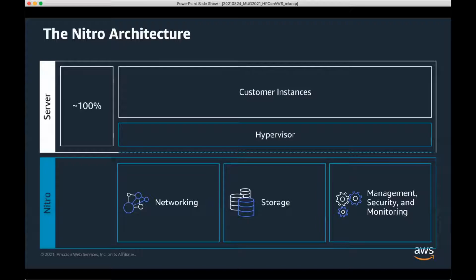To today, which we call our Nitro architecture, which is you effectively have about 100% of what the server is. If you're using a virtual machine at the fullest size, you kind of have a full machine underneath, there's just a very thin hypervisor there, which we call our Nitro hypervisor. It was KVM based, but think KVM based and take almost everything out of it.